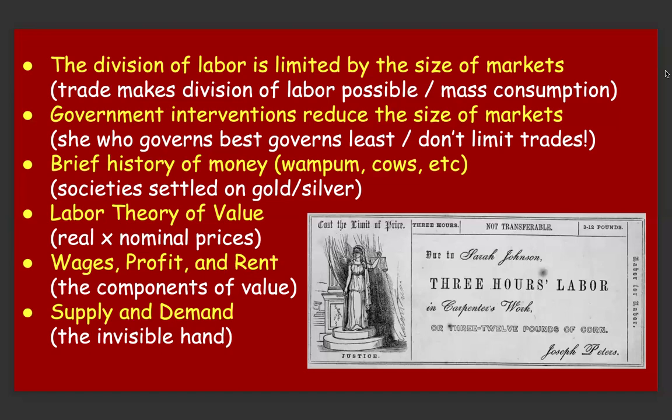And Adam Smith talks about a brief history of money and what the properties of money are. What is it that makes gold and silver better relative to cows or corn? There are several aspects. I'm not going to go into it, but if you're interested in monetary economics and the history of money, etc., read that chapter more carefully.